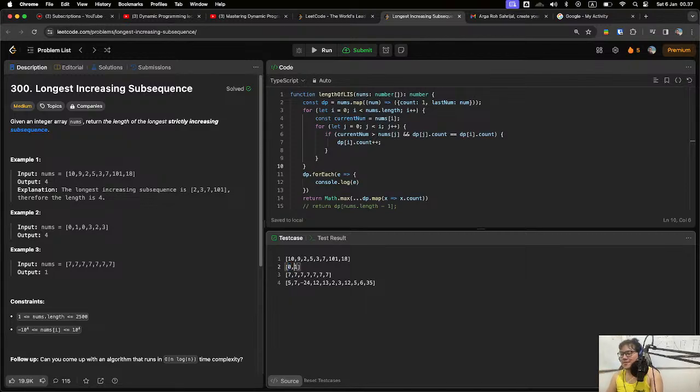For example, if we only have two elements, at the zero index we know that the longest increasing subsequence is zero. But now, when we calculate the longest increasing subsequence for the first index, we look at the previous indices.